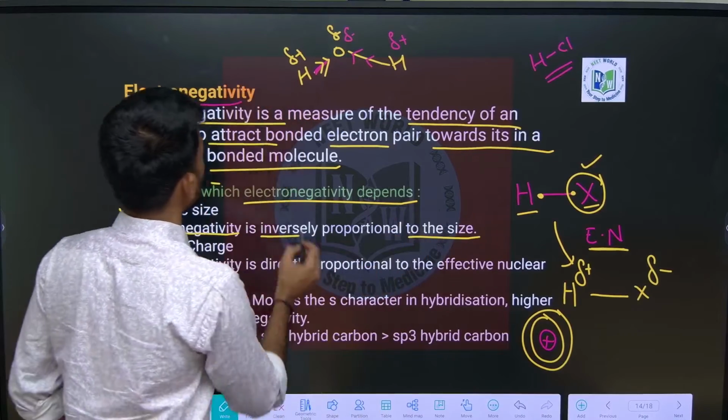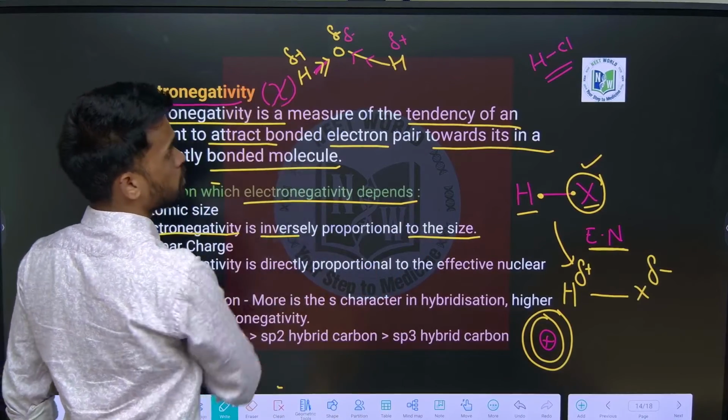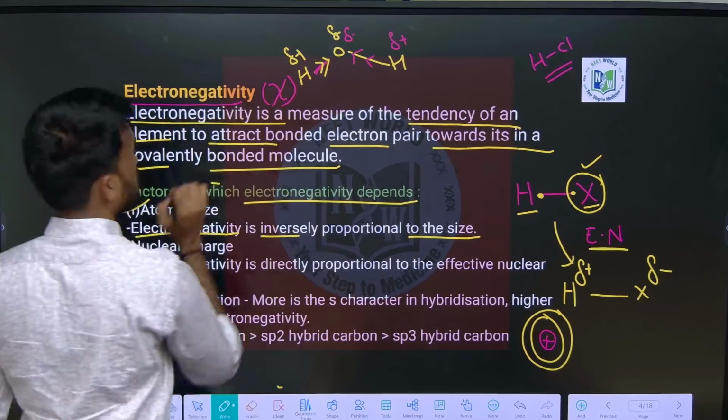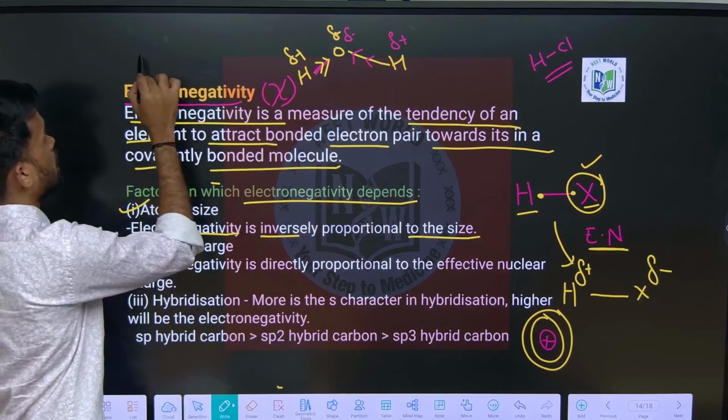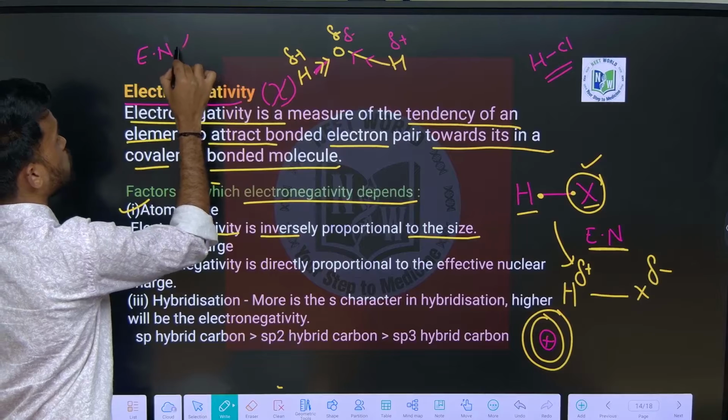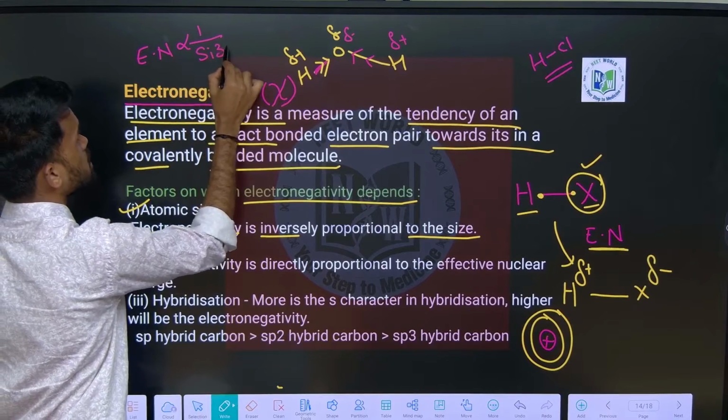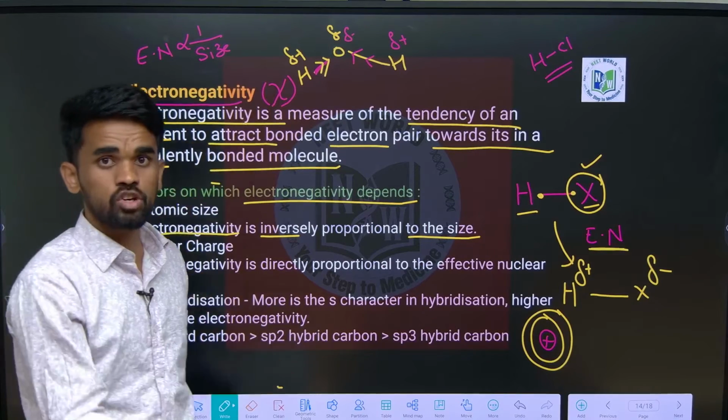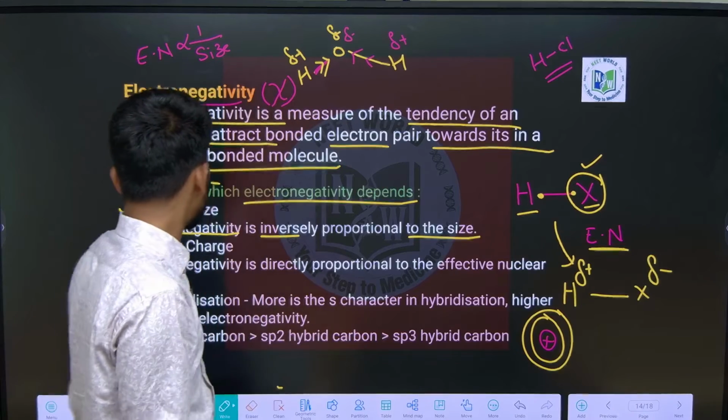Okay, so electronegativity can be indicated with the symbol chi, and this electronegativity is inversely proportional to size. More size, less electronegativity. Therefore down the group size increases, electronegativity decreases. Next,